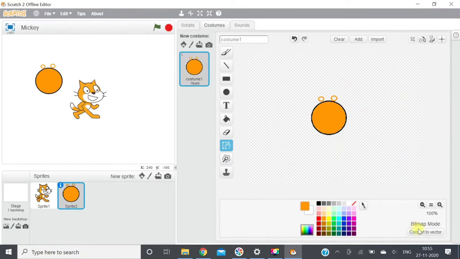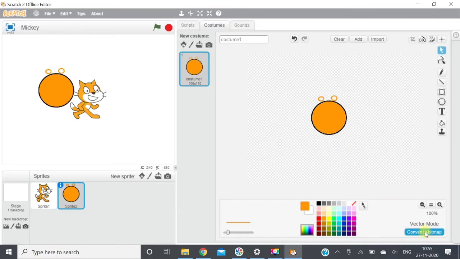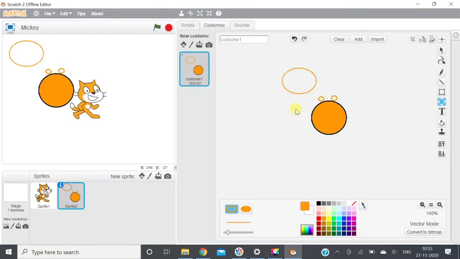So when you work on vector mode, what happens in vector mode? When you create the sprite over here and increase the size, it will not be distorted, it will be as it is. Fine. So you can try out on vector mode as well as on bitmap mode. I hope it is clear. Okay. Or I can show you.